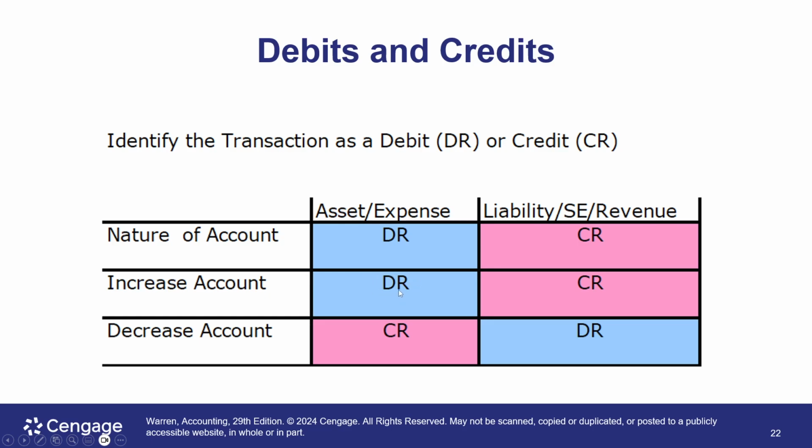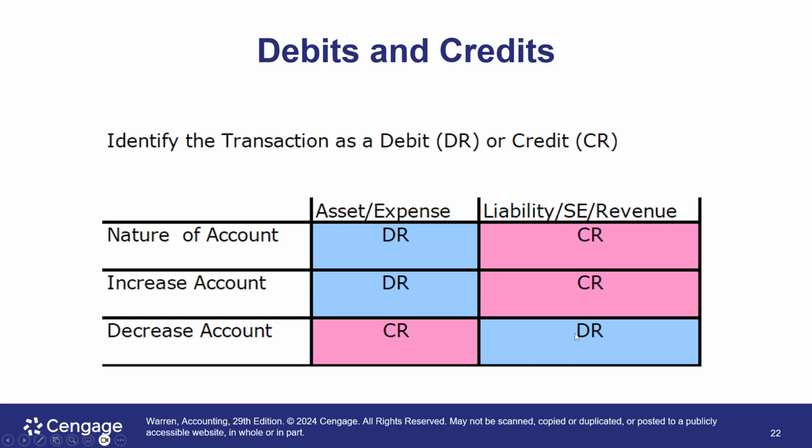We also increase expenses with a debit because they reduce owner's equity, which is on the right side of the accounting equation. We increase liabilities and revenue with a credit, and equity with a credit. We decrease these with the opposite. We decrease assets with a credit, we decrease expenses with a credit,